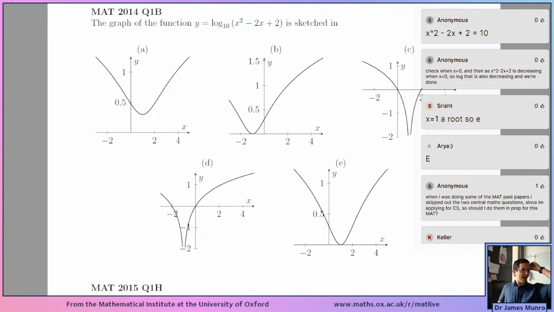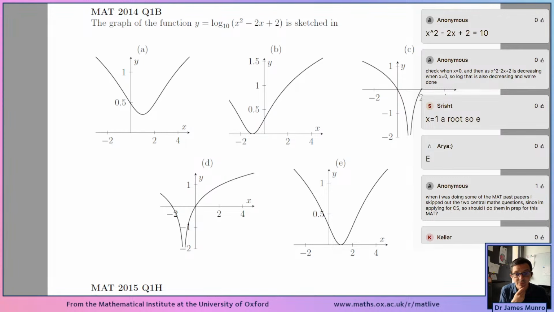What happens there? X squared minus 2x plus 2 is decreasing when x is 0. Yes, the gradient is minus 2. So log there is also decreasing. We're giving it smaller and smaller positive numbers, so it's decreasing. There are 2 options that are decreasing. So C is also decreasing when x is 0. But you're pretty close to just saying it's